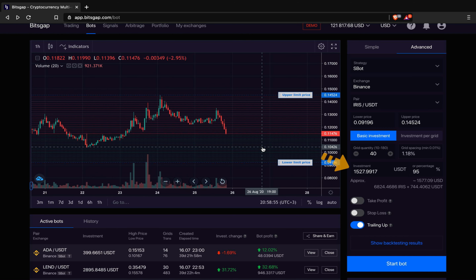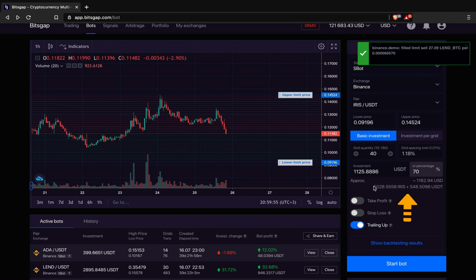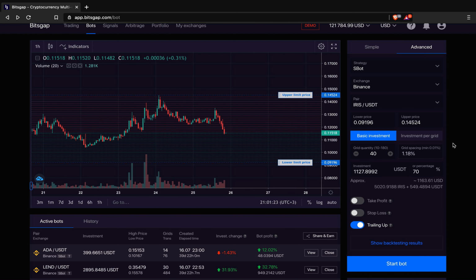The investment allocation is set below. You can type in a sum, let's say 600 USDT, or you can use a percentage instead, 70%. And below, over here, you will find the exact investment distribution. So we have 5,000 IRIS required as a base currency and 548 USDT as a quote currency to plot all of these limit orders. With this configuration, I can successfully launch the bot, but